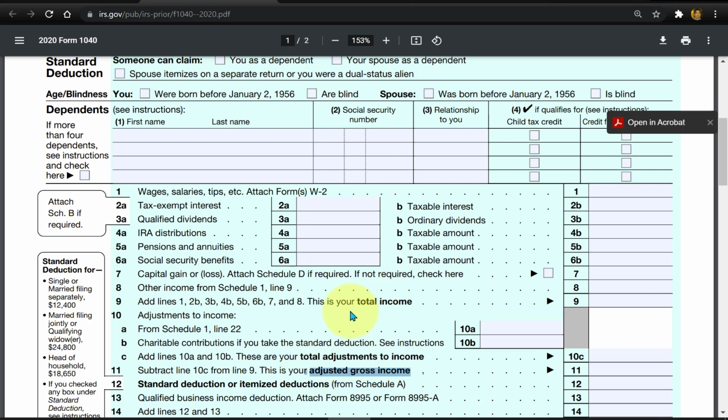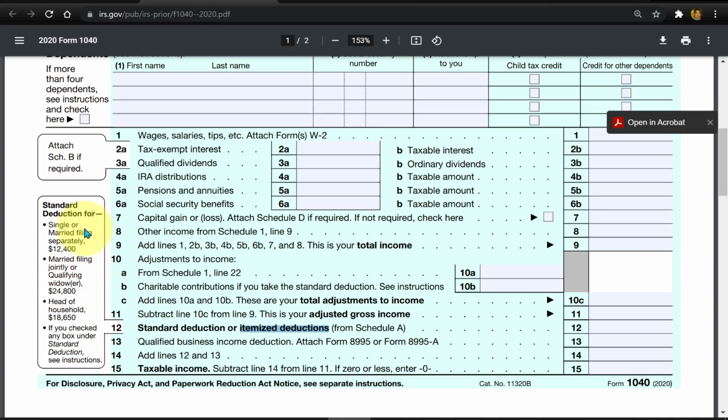You notice the words are bold here: total income, adjusted gross income, the same terms we see in the tax formula. Then in the next line, we deduct standard deduction, or, remember, not both, itemized deductions, the larger of the two. Off to the left side here in the margin, you can see some common amounts for standard deduction. But again, we'll have another video to calculate out